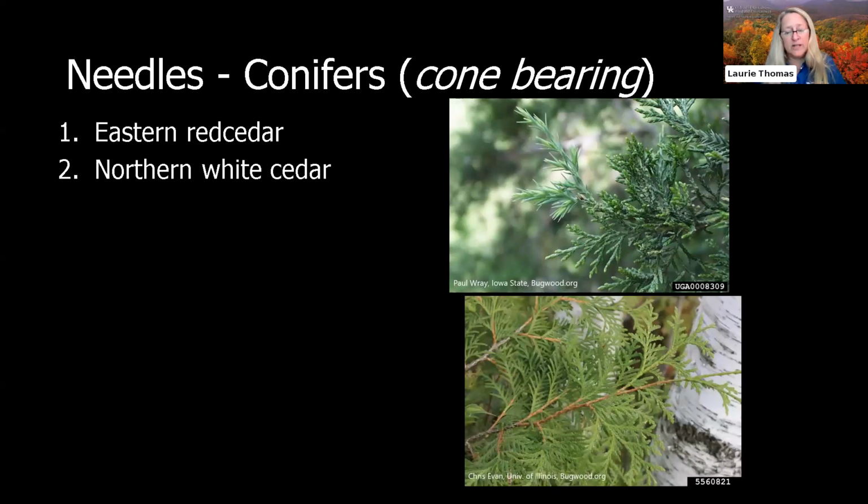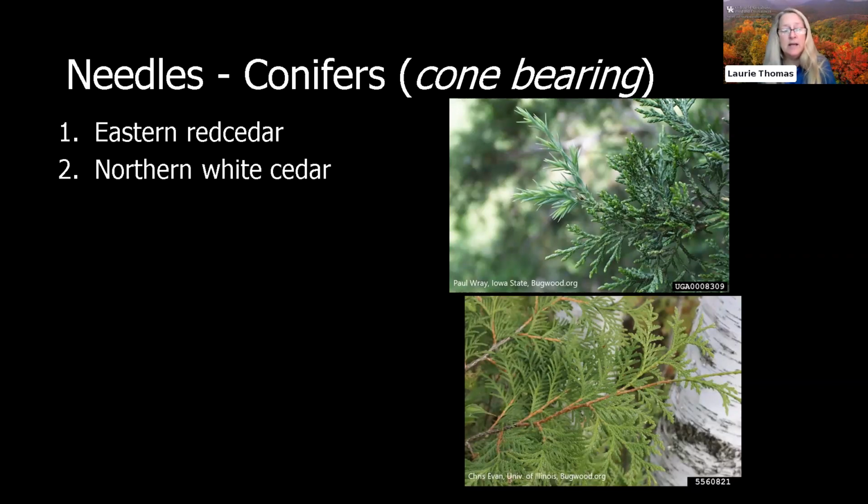But let's take a look at some of the pictures. For eastern red cedar and northern white cedar, those are the scale-like type needles. And you can see with eastern red cedar, it has on its new growth out here, as I'm moving the cursor over it, those will tend to be the sharp, prickly ones. And with our northern white cedar, it doesn't have new growth like that, no sharp, prickly new growth. So we have both eastern red cedar and northern white cedar in the state, far more eastern red cedar. We're kind of on the southern edge of northern white cedar, but northern white cedar is planted a fair amount